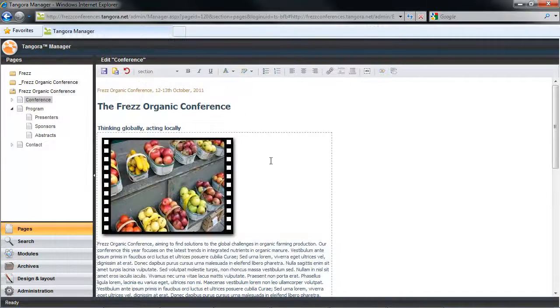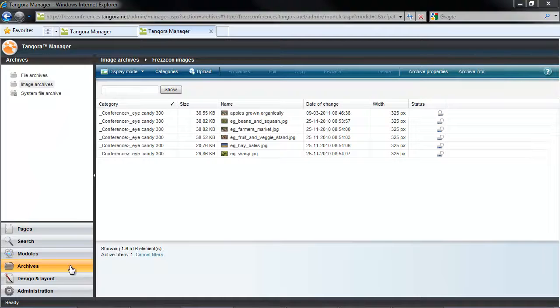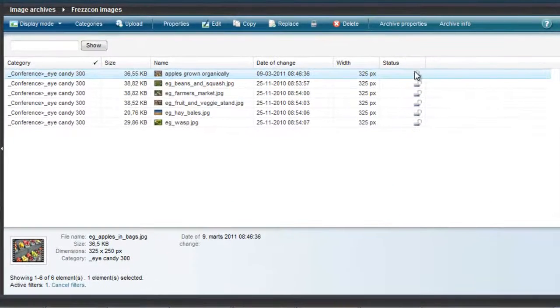We can see that it's already added into place, and if we were to go into my central image archive, I would also notice that it is registered as used by the system to prevent me from haphazardly modifying or deleting the image. Now we've seen both where you could add an image and how you add an image from your image archive. So now we have it on the page, but there are a series of things that we could do with the image now.